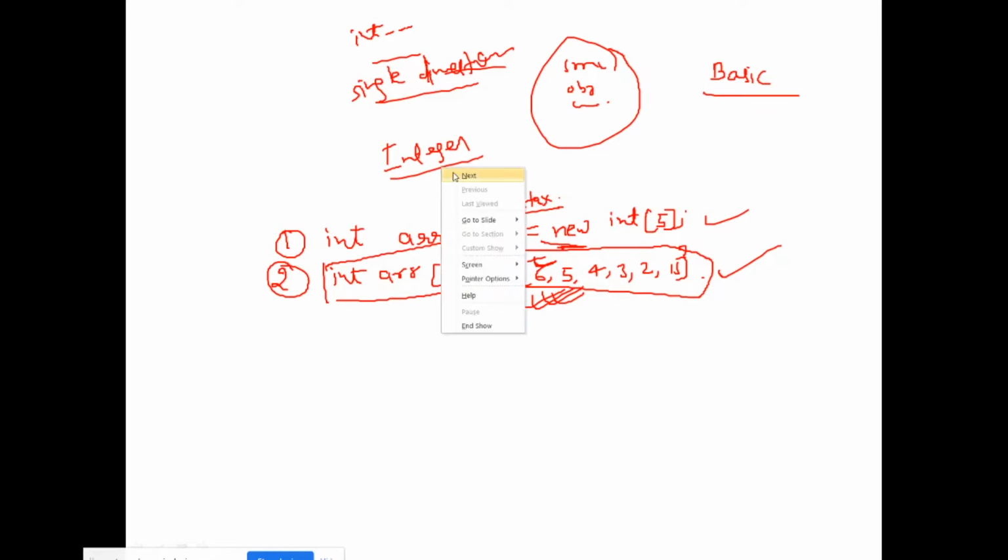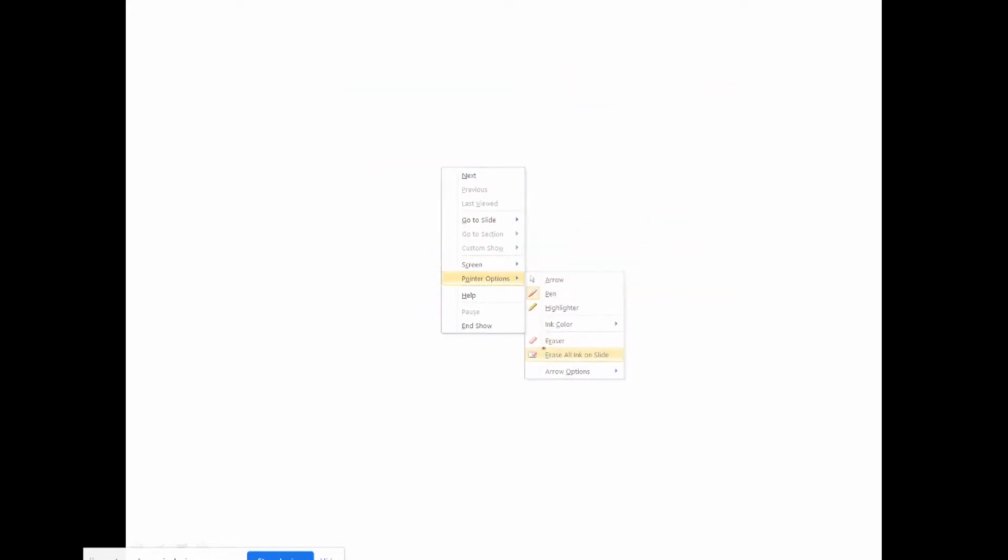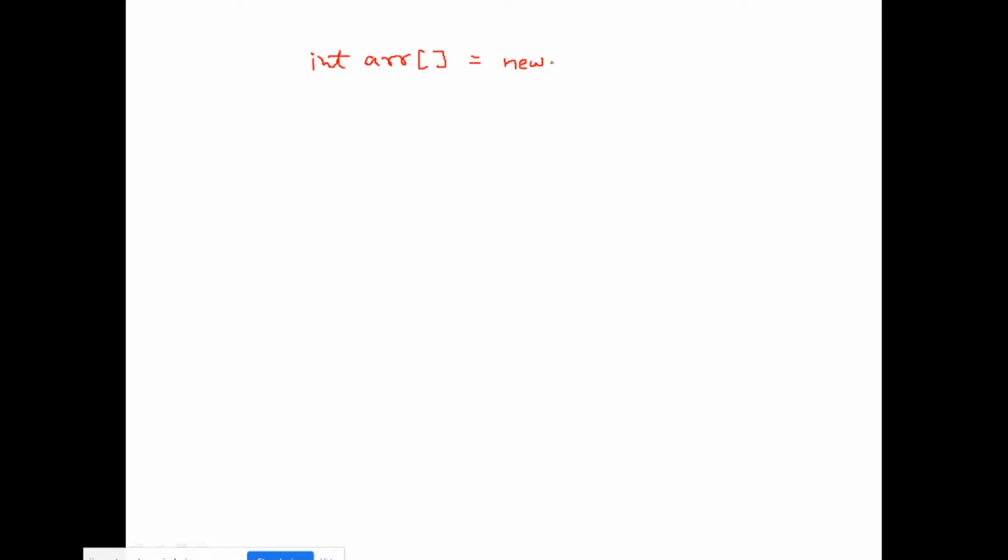Now, suppose I declare the first type of array, int ARR is equal to new int 5. What does this new mean? This new is a keyword, and this will assign memory to this variable.